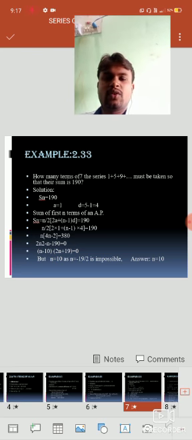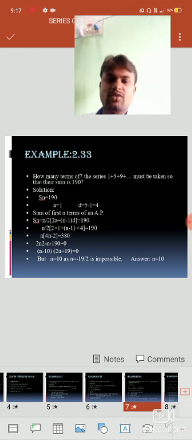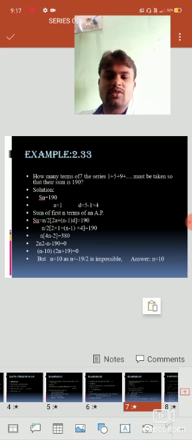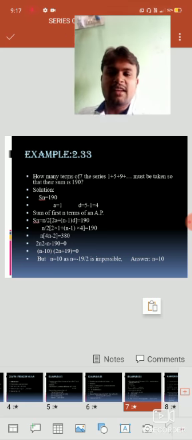Solution. So, how many terms of the series? You have to find the number of terms. The sum is 190, so here Sn is equal to 190. Actually the first term a is equal to 1 and the common difference d is d2 minus d1, that is 5 minus 1, so you subtract and the final answer is 4.